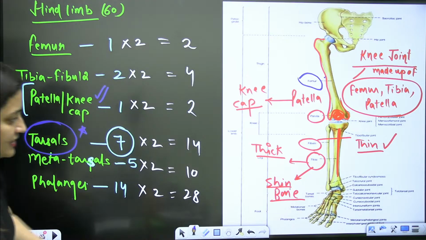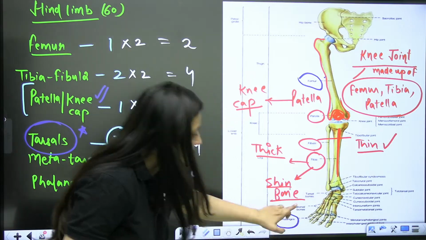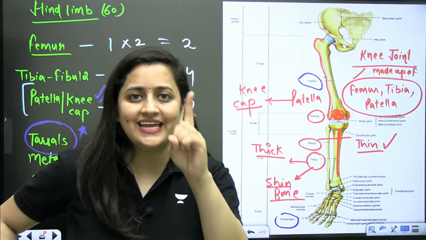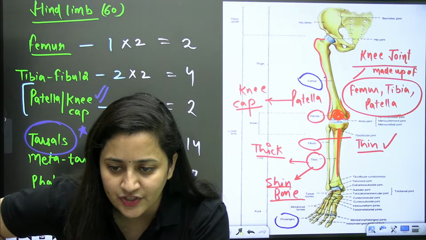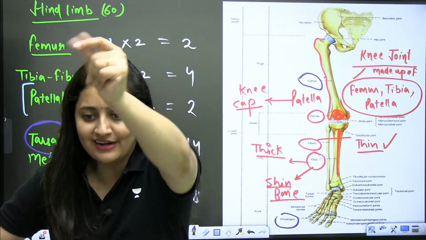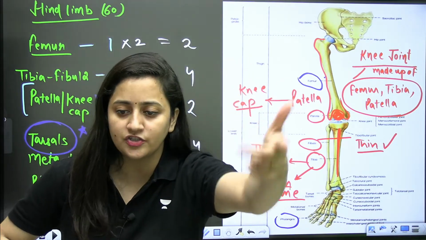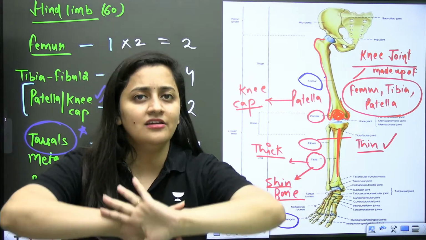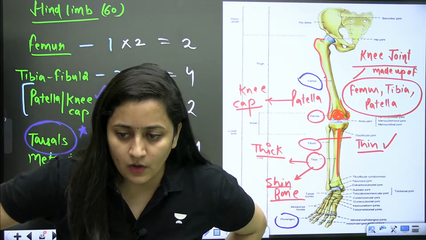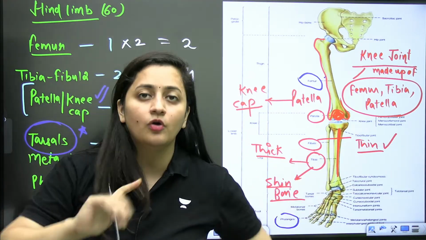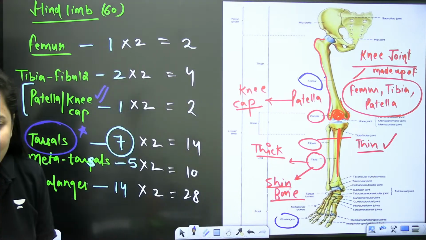Done? So see the tarsals, the metatarsals and the phalanges again. So 2, 3, 3, 3, 3. Write down the phalangeal formula quickly in the chat section. In another 5 minutes, the session will be over. So quickly tell me about it.